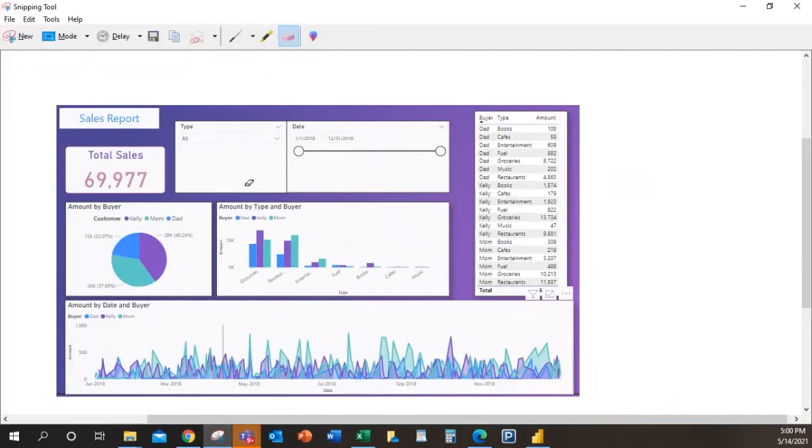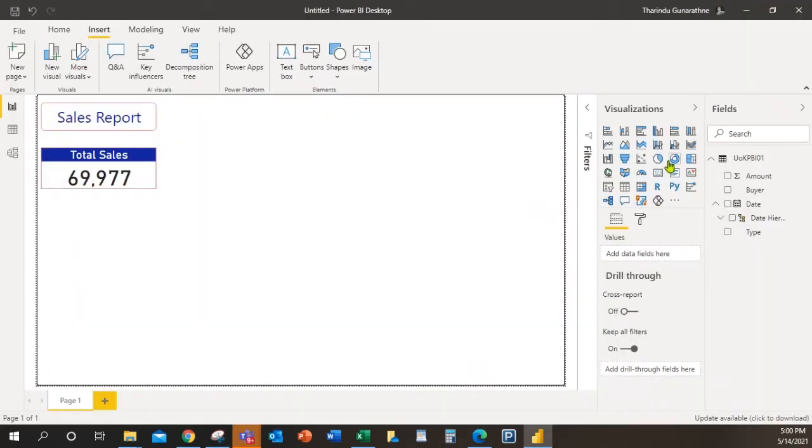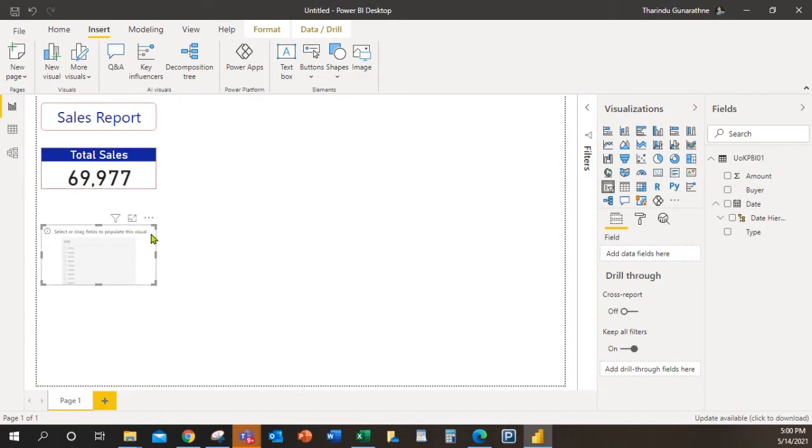Now we will create this drop down. It's a slicer. I think I already explained it. It's a slicer.